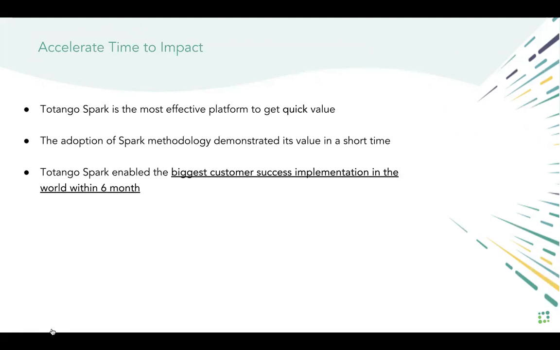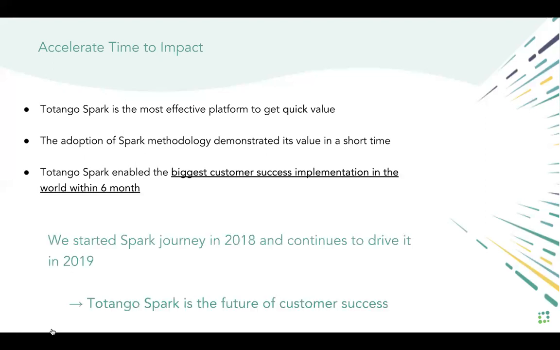And lastly, Totango Spark enabled the biggest customer success implementation in the world within 6 months. We managed to define all the success blocks and the different engagement needs within 6 months for the biggest customer success implementation, leveraging the value of Success Blocks.